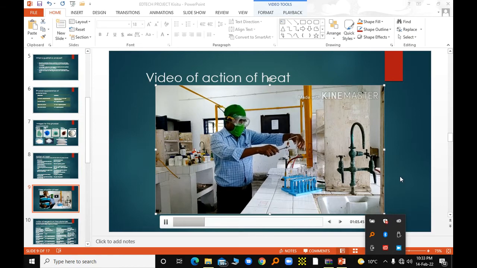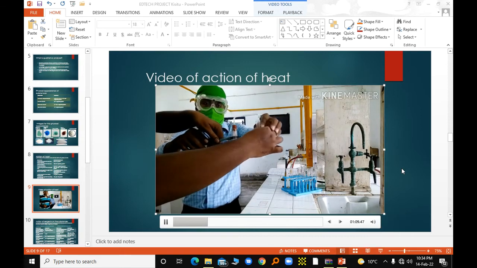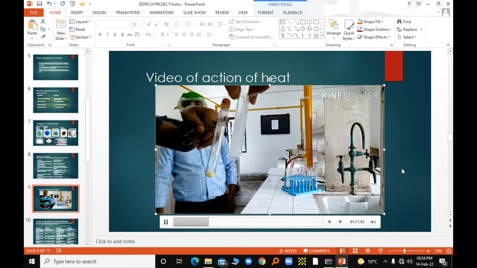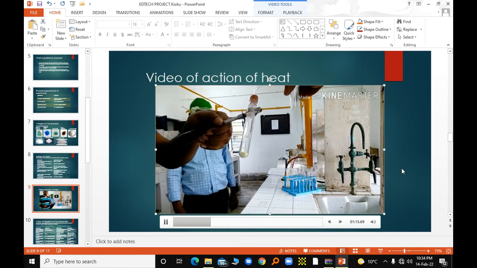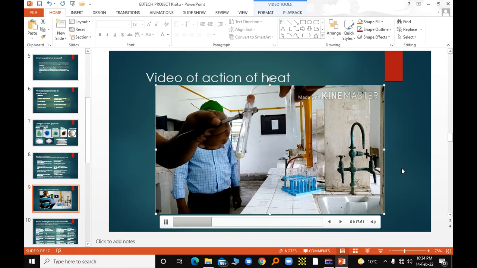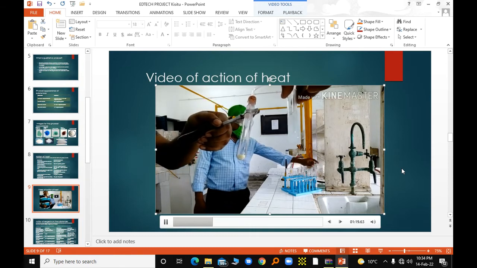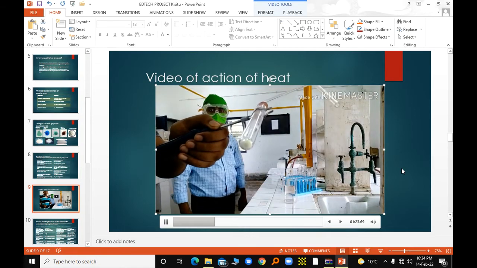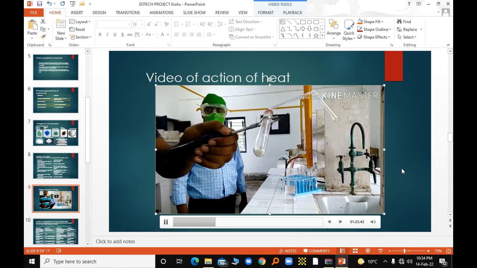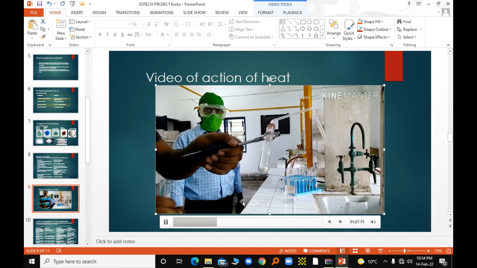See that CO2 is evolved, we pass that CO2 through that lime water. See that lime water turn milky when we pass that CO2, and you see the residue, that yellow color, because it is now in hot condition. So that zinc oxide, now in hot condition, has that yellow color residue. See that yellow color residue of zinc oxide on hot condition, and when we cool it, it again becomes white.